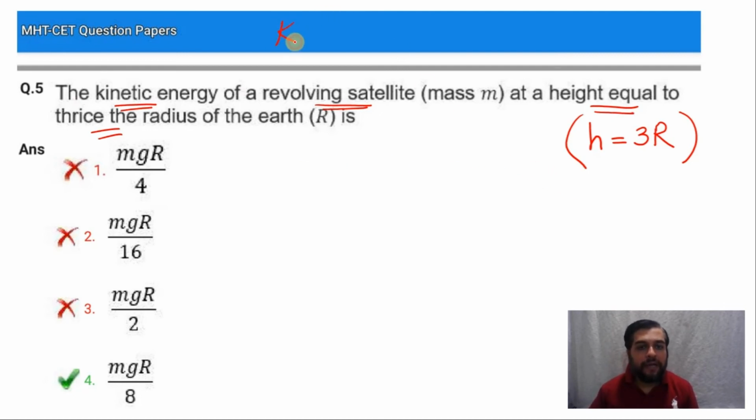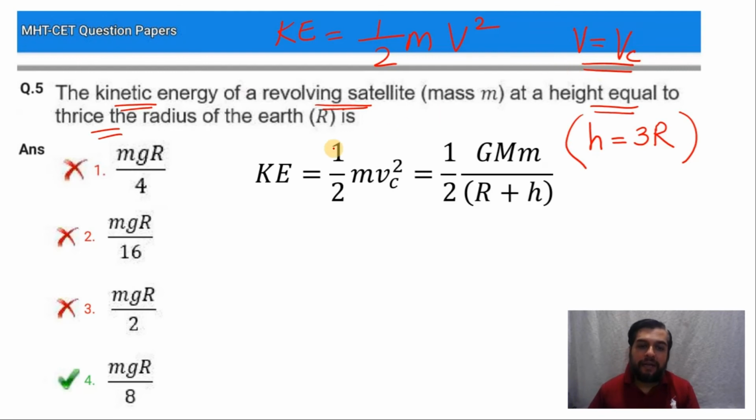Now, all of you know what is kinetic energy, right? Kinetic energy is half mv square. Now, this satellite is revolving in a circular orbit. Whenever a satellite revolves in a circular orbit, its linear velocity is called by a special name. You must have studied it in boards. It's called critical velocity, right? So, in this case, can I write the kinetic energy of the satellite as half m vc square, where vc is the critical velocity? And you know what is vc? The critical velocity formula also you have done in your boards. I am not deriving the whole formula. Some of the formulas we almost know by heart because they are standard formulas.